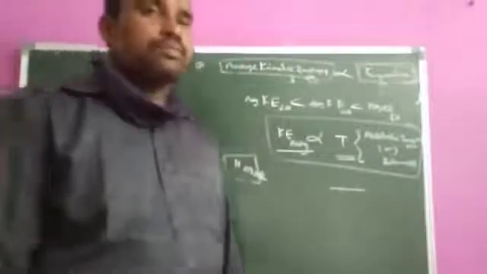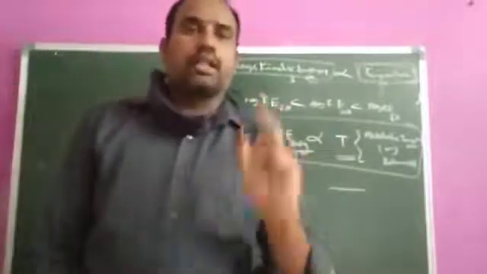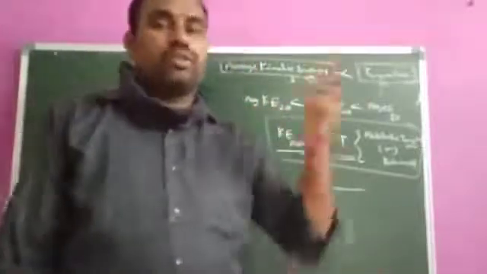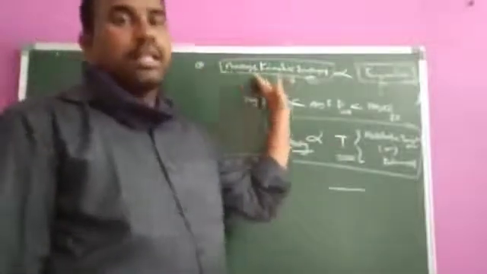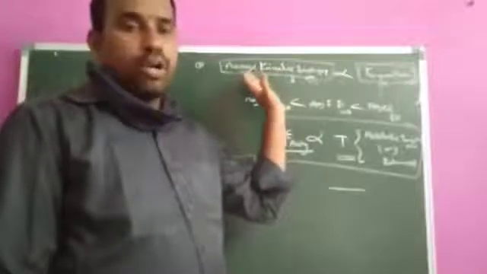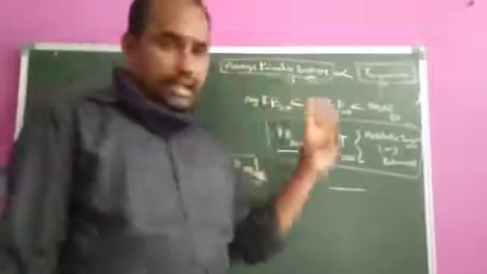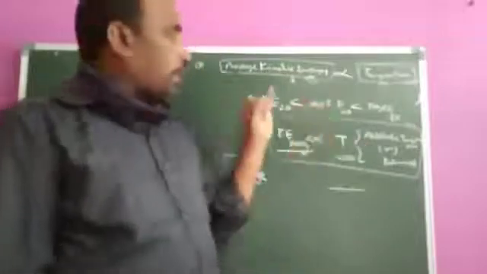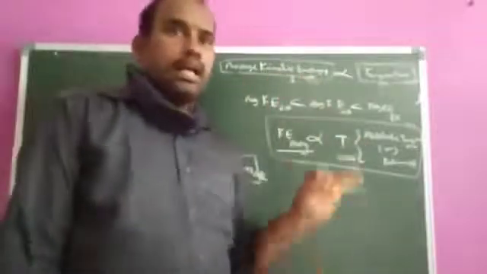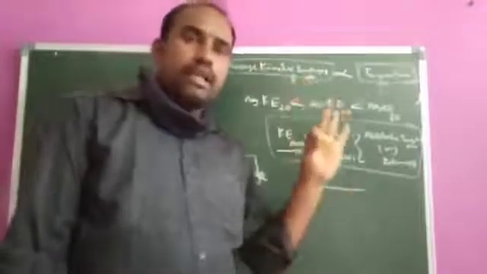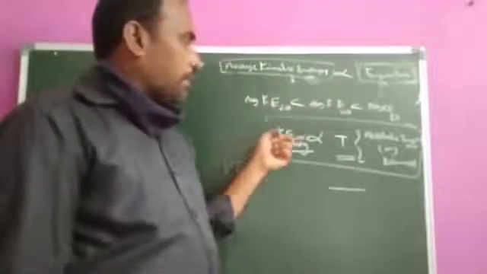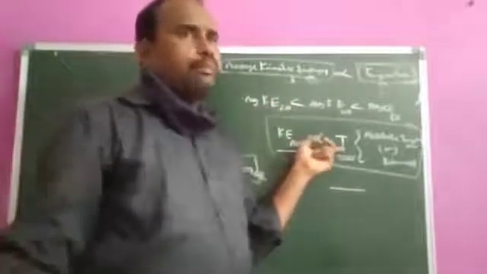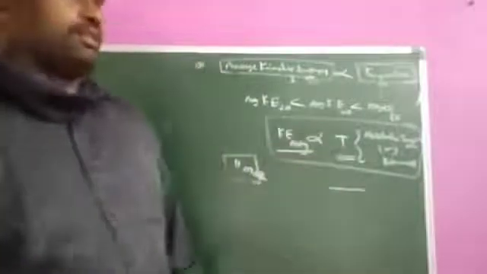In this class we are learning two different concepts. One is how to convert Celsius to Kelvin and Kelvin to Celsius. Another is average kinetic energy. The average kinetic energy means the energy possessed by gas molecules. How many types are there? Three types: one is linear, another is rotational, another is vibrational. Three different energies are there. So this average is taken as kinetic energy, and the average is proportional to the absolute temperature.